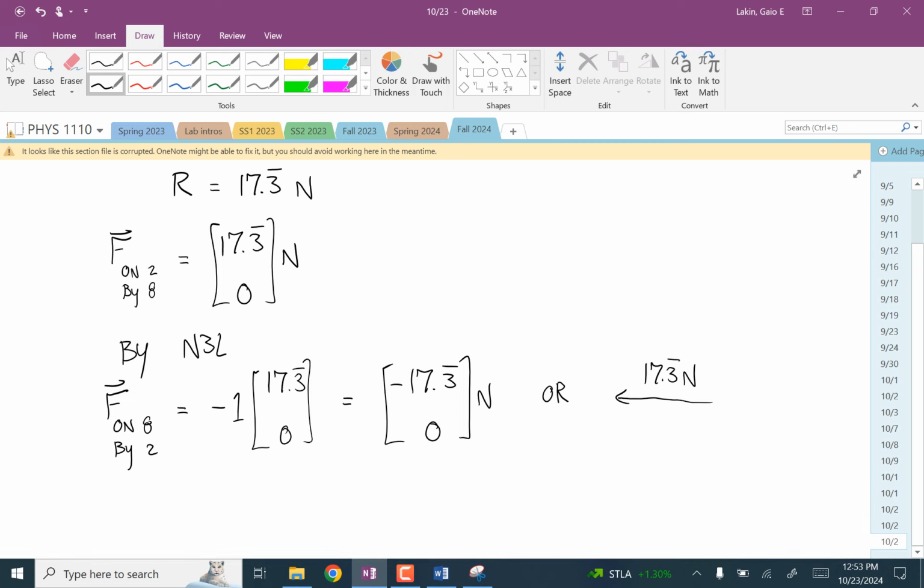Any questions about that? So you can use this in any case, under any circumstances. If you have two bodies in contact, call them bodies A and B, say, and you know the force on A by B, just multiply that by negative 1, and that's the force on B by A. It always works. That's Newton's third law. Okay, we'll do a little more intuitive stuff with it in a lab exercise, I think next week. But this is how you do it